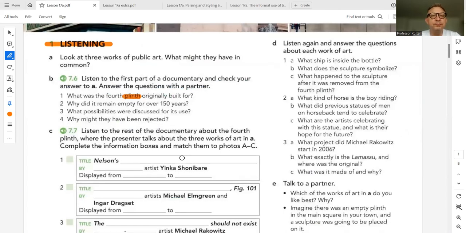All right. Now you have listening, which you are going to do, and I'm actually going to take our first idea from the listening. Plinth is defined in the first two sentences of the audio, so I won't do it, but I'll just say this is a Greek term that is not very common in English. So if you use the word plinth in the US, you will definitely have to explain it because native speakers won't know what that means, and probably also in the UK, unless they studied architecture or Greek and Roman history.